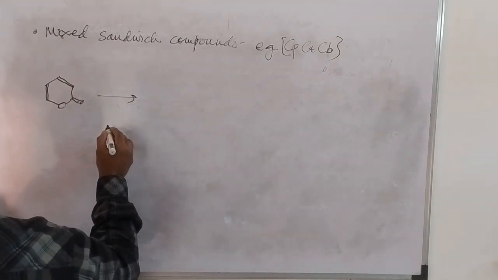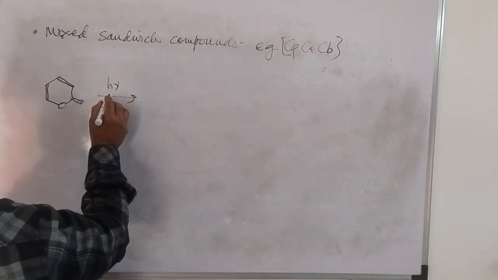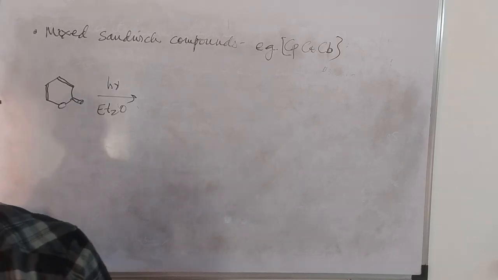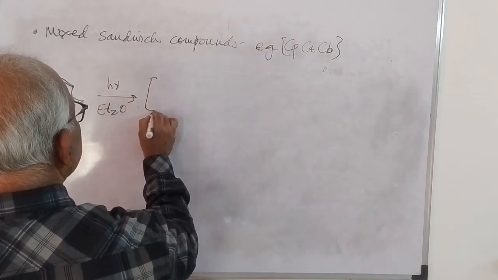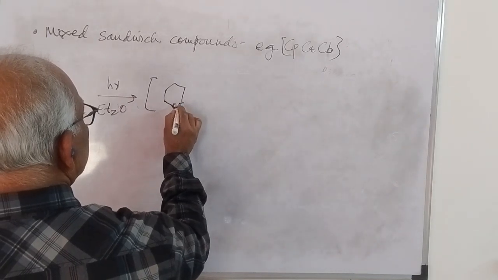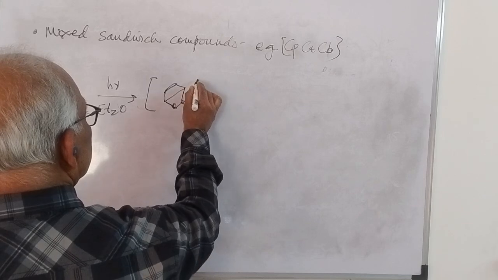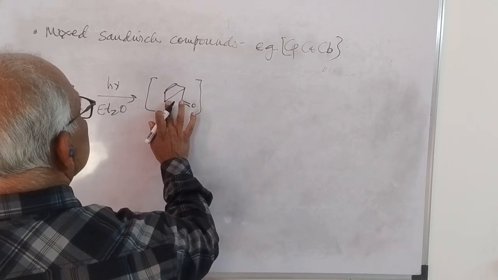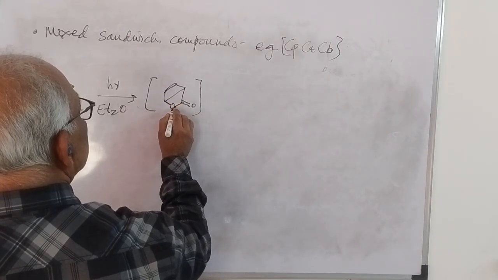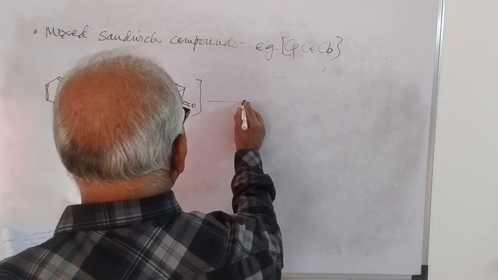On irradiation with h nu in diethyl ether, we can get this intermediate. So this one, when reacted with a